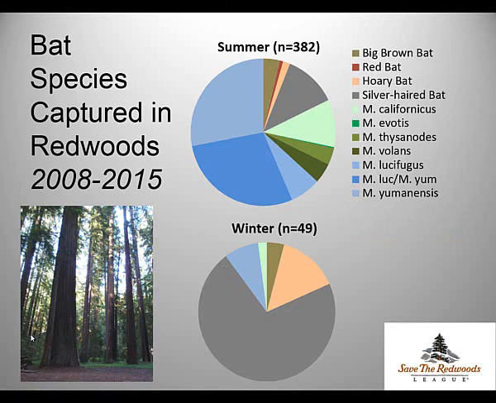So I don't expect you to know or even see what some of these species are here, but the species in the blue and green are in the genus Myotis. They make up about 80% of our captures during the summer. They're small bats that we assume are basically resident bats. In the winter, we capture many fewer bats and many fewer species, but immediately it was clear that we are capturing predominantly silver-haired bats.